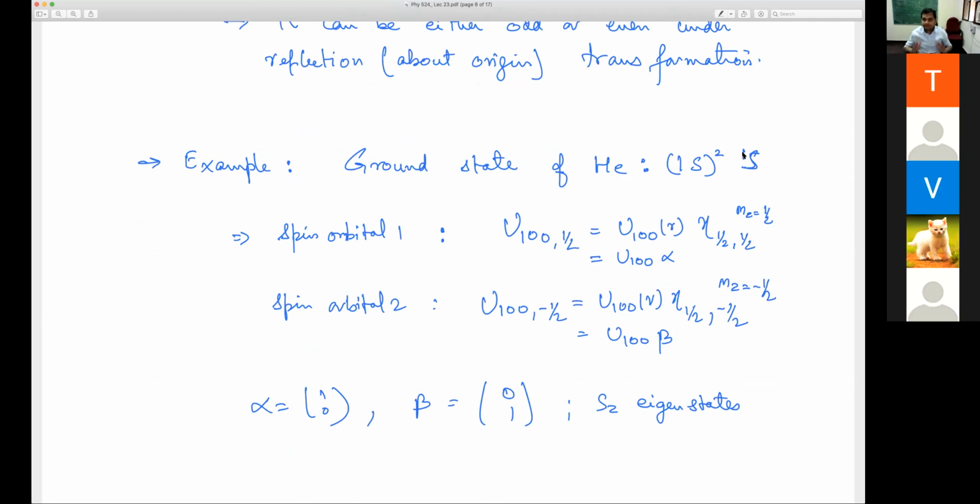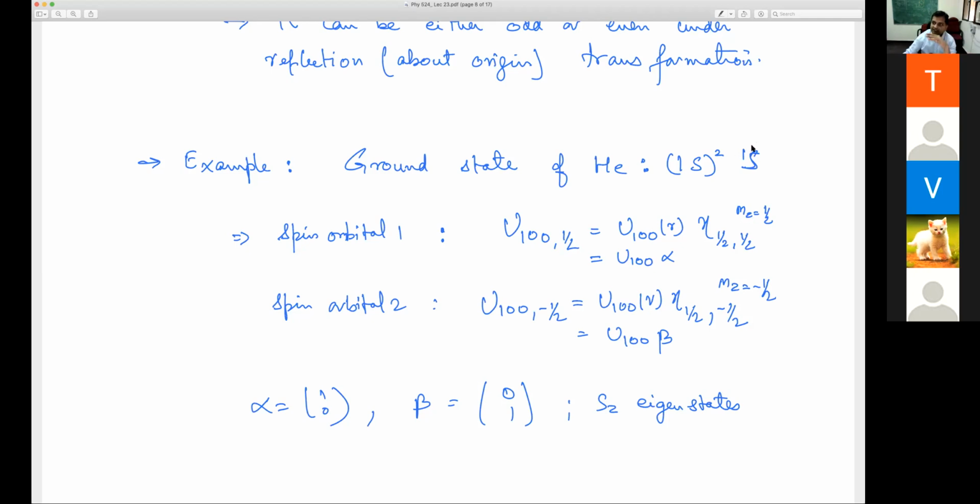So the ground state is the state in which electron repulsion is less, so the electrons cannot reside at the same coordinates. That comes when the space part is antisymmetric and the spin part is symmetric. I'm mixing it up. So the space part has to be antisymmetric and the spin part has to be symmetric. If the spin part is symmetric, then it has to be a triplet, basically.